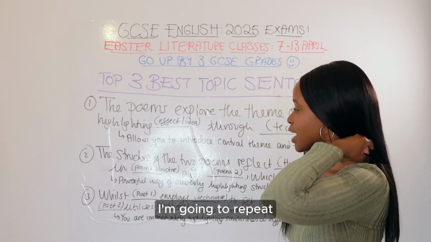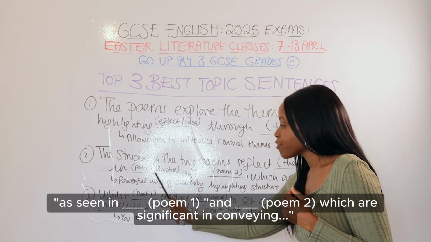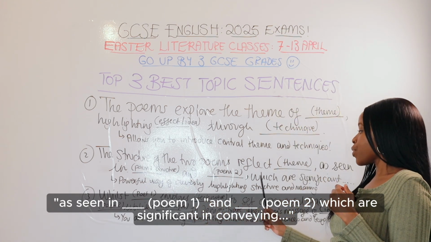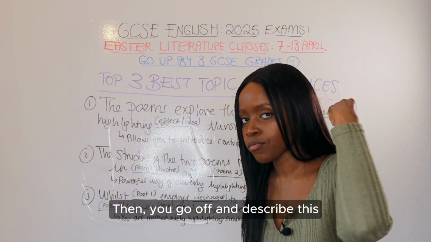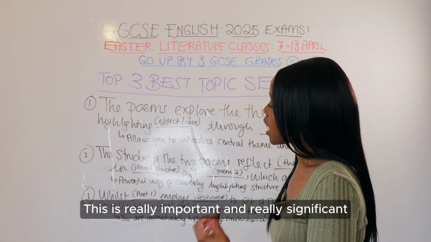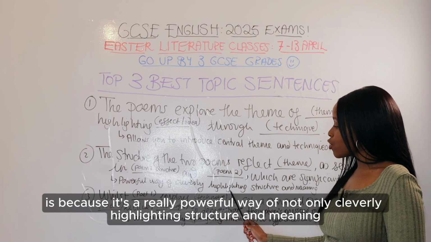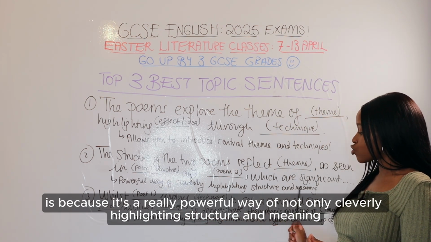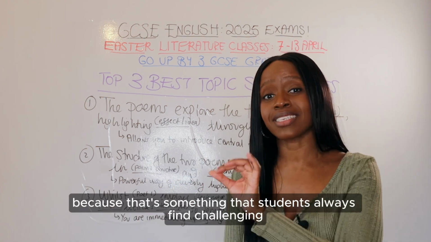I'm going to repeat, okay? The structure of the two poems reflect theme, as seen in first poem and second poem, which are significant in conveying, then you go off and describe this. This is really important and really significant, and why this helps you is because it's a really powerful way of not only cleverly highlighting structure and meaning when you immediately start talking about structure, because that's something that students always